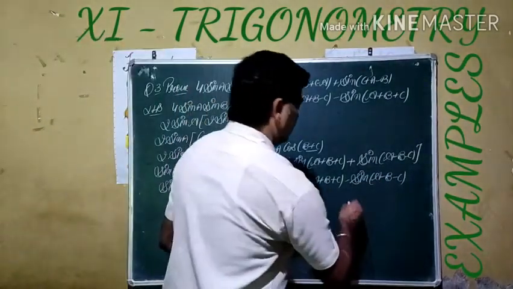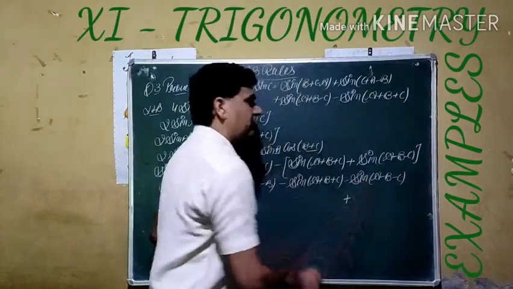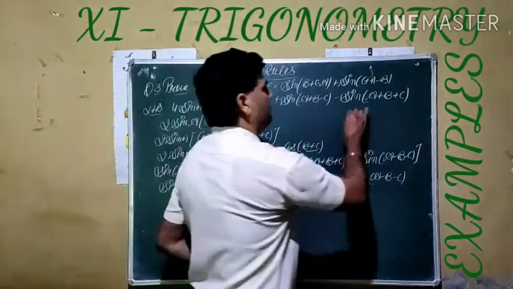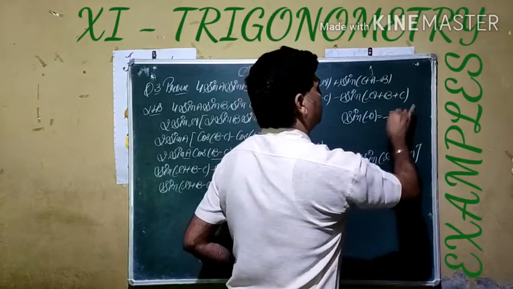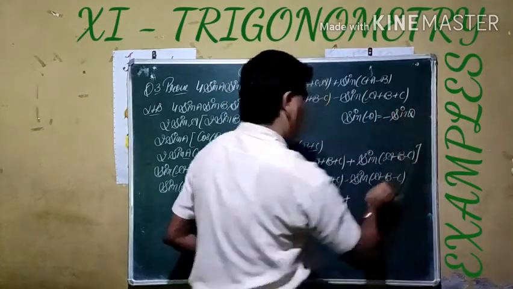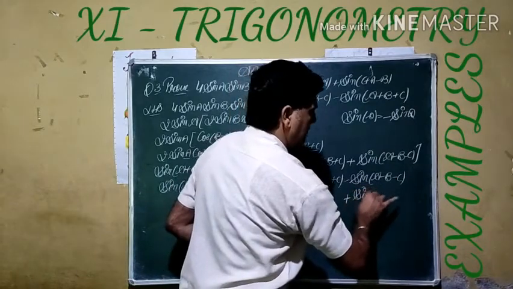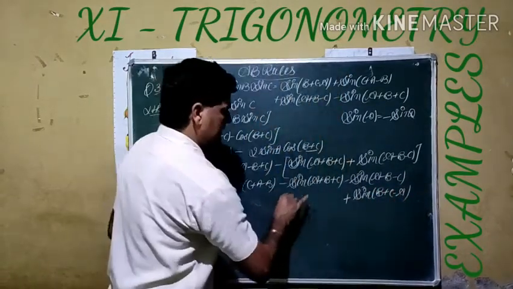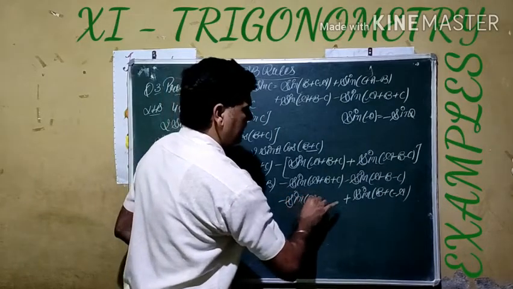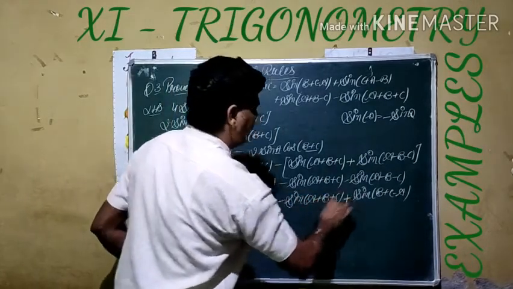So we have to take a negative common here. As you know, sin(−θ) is given by −sin θ. We are going to use this result here. From here we get sin(B + C − A). This term remains the same, sin(A + B + C). That is the same as the required result.